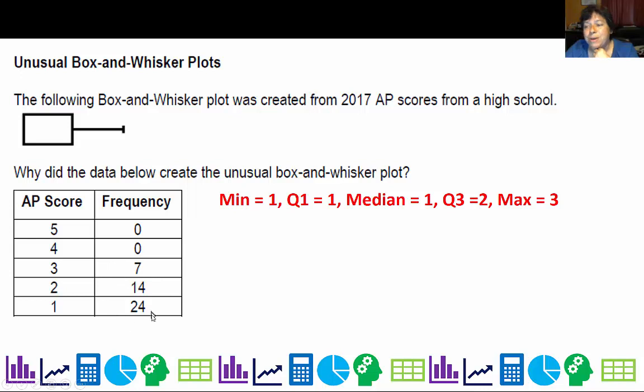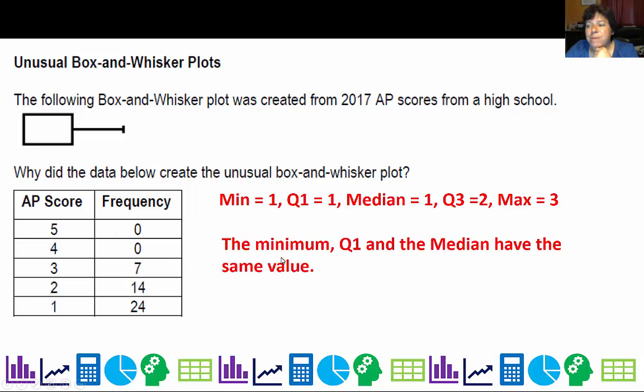And I guess they had a rough year because their minimum is 1, their Q1 is 1, their median is 1. Half their people had a 1 or lower. Well, you can't get any lower than a 1. And then their Q3 is 2, and their maximum is 3 instead of a 5. All right? So since the minimum, Q1, and median have the same value, that segment piece in the first box are all collapsed here into the median. They're all the same value. So that's how you can end up with some really unusual